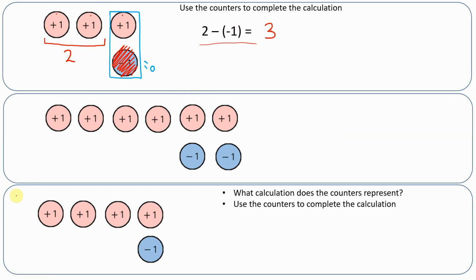So I'm going to do another one, and then I'm going to ask you to have a go at this one in a bit. I'll explain it more when I get there. So what could this calculation mean? Well, the positive ones that we've started out with, our total value of this whole set of counters would be 1, 2, 3, 4, 5, 6, and then take away 1, so 5 again, then take another 1, so 4. So it's going to be 4, and because we've got a set of 2 pairs here,